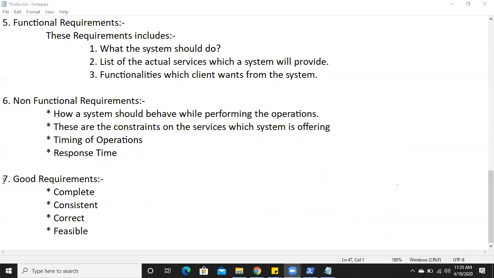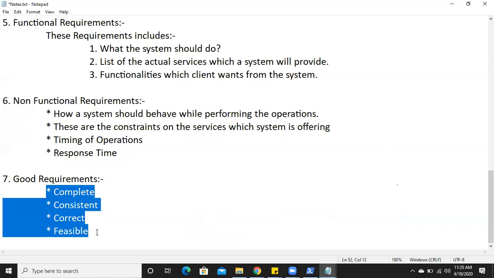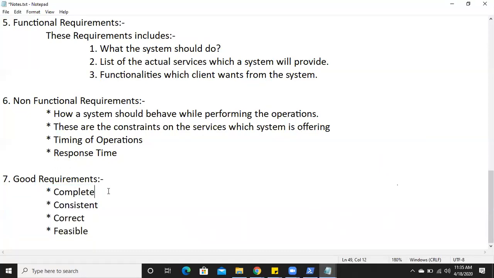So let's move towards the next type of requirement, which is good requirement. Good requirements involve some points which are required in order to complete a particular system. Our system must be complete. We should not deliver an incomplete system to our client. The system must be consistent. Consistent means it must deal with all of its operations in a consistent manner, with no error coming up while my system is operating